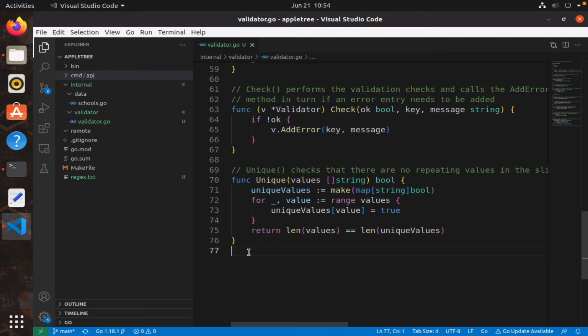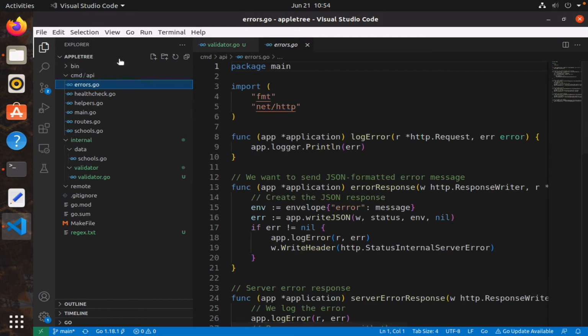So once we have our validator supporting code written, let's look at generating a failed validation response. So what do we send back to the client if there is validation errors? So let's go to our errors file, okay, errors.go,